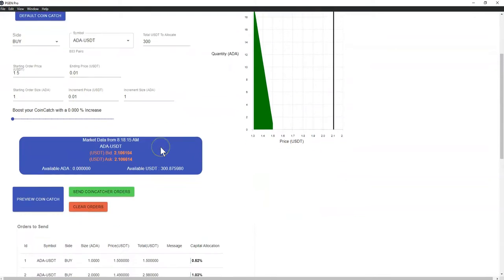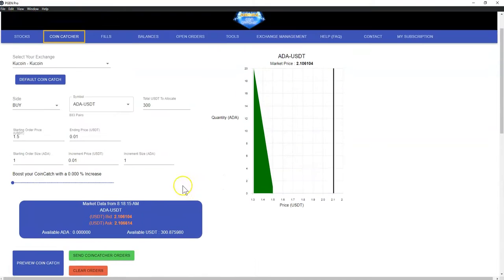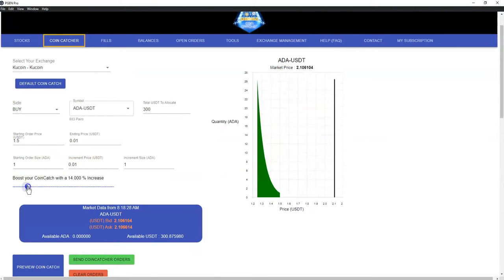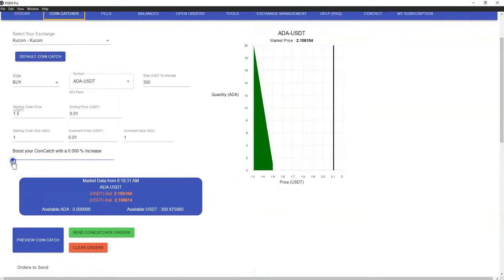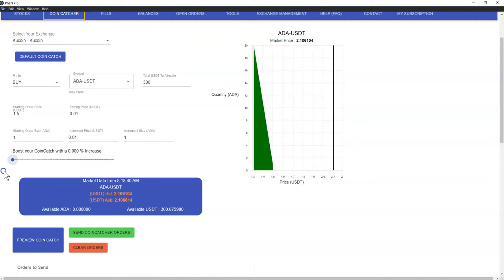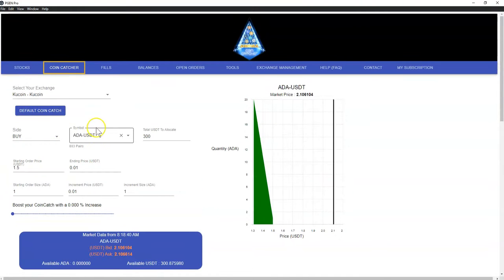And so from here, you see these orders are generated. You'll buy a particular amount of ADA at every price point, and that's what this chart is showing here. And you could also see that instead of doing a linear model to where you buy every X amount down, you can go more towards the exponential model with a percentage-based increase, so you can increase your buy size. And so there's only $300 here to play with, but let's say I want to go every 10 cents